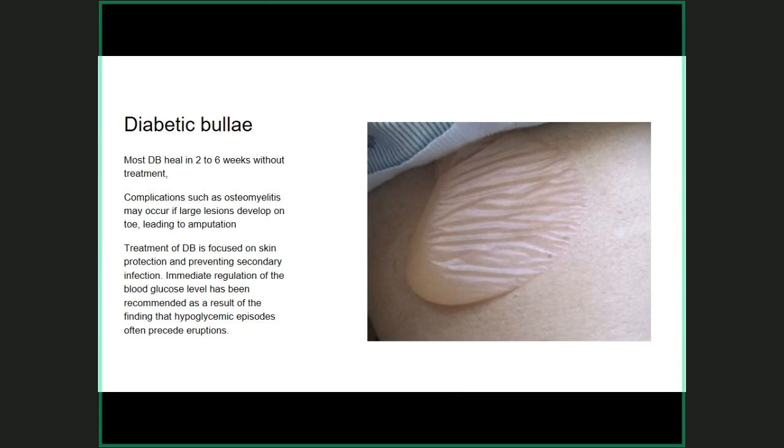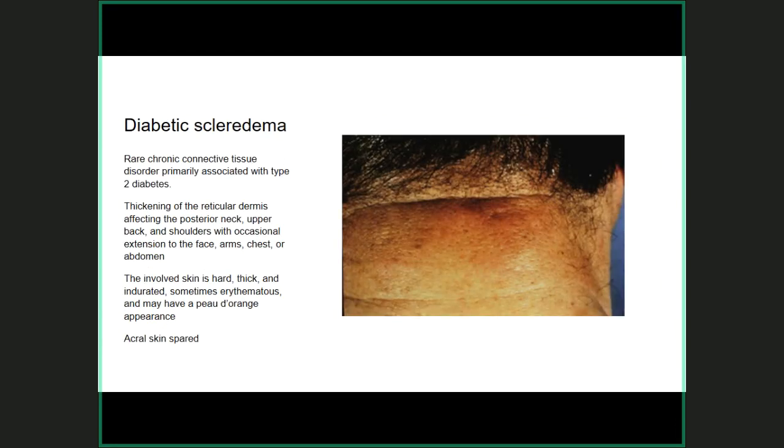But if they get complicated by infection, they could lead to osteomyelitis, and especially if they occur on the extremities, might lead to amputation. There are some theories about preceding hypoglycemia as an inciting event for diabetic bullae. So appropriate regulation of blood glucose has been recommended to prevent eruptions. And treatment is focused mainly on skin protection and preventing secondary infections. It could be anywhere, but if it does occur in the limbs and gets infected, it's likely to cause